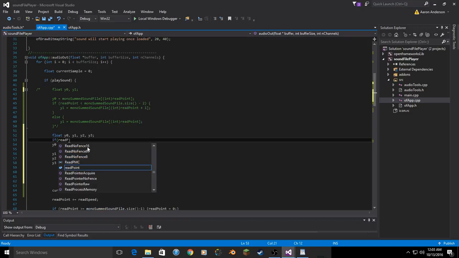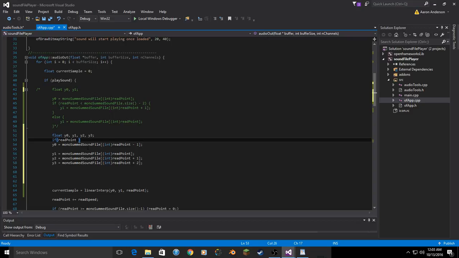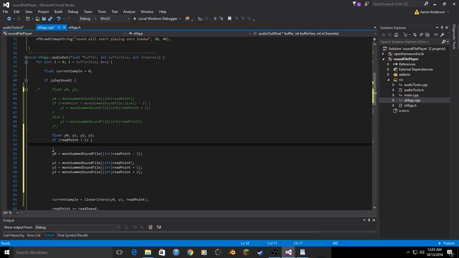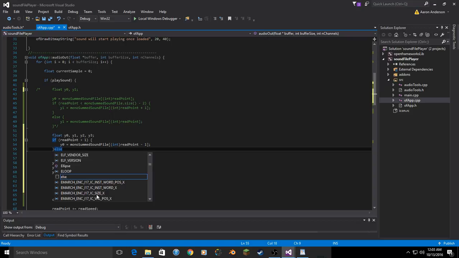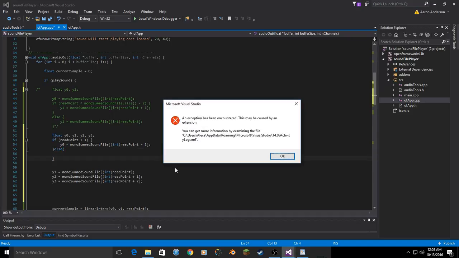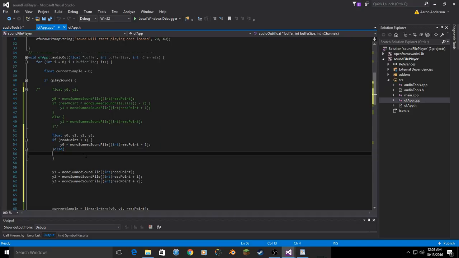If read point is greater than 1. All right, so this will guarantee that this will not access a point that's not there. And otherwise, if it is less than 1,